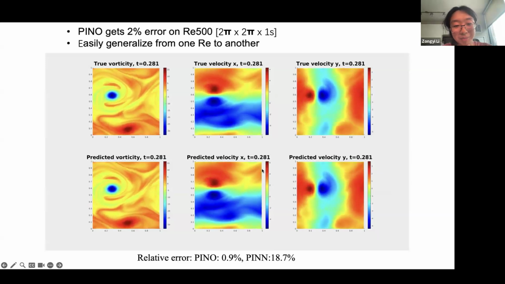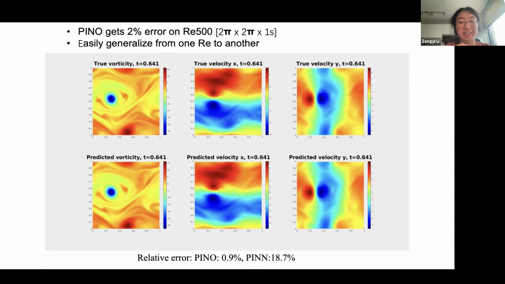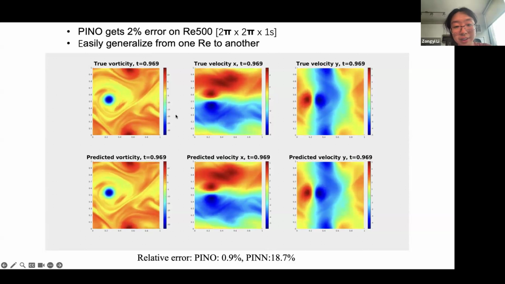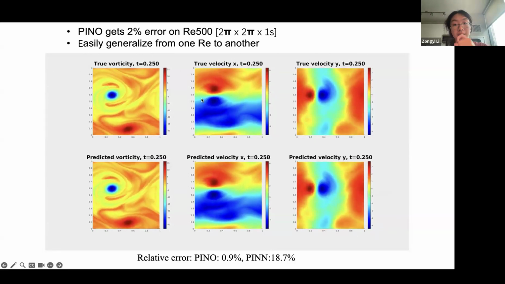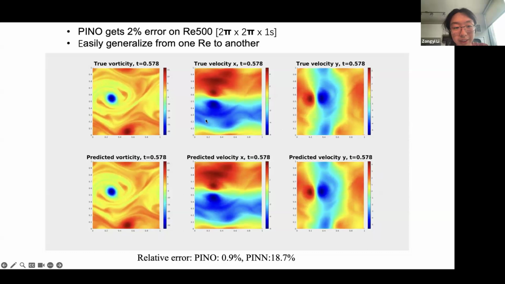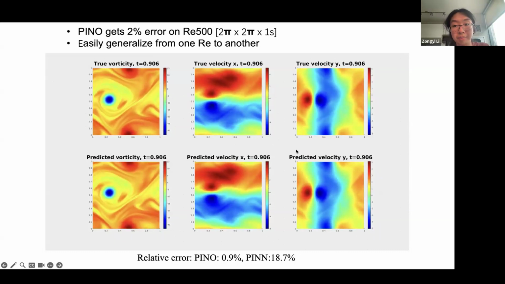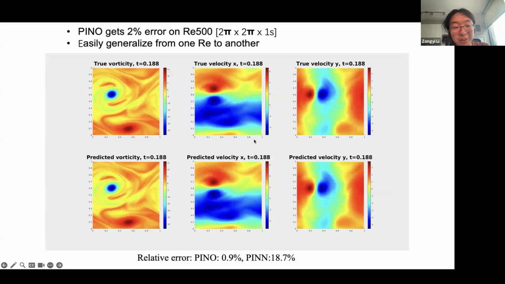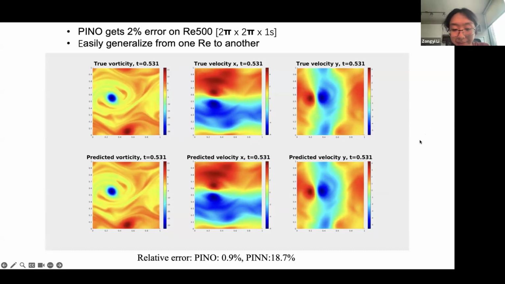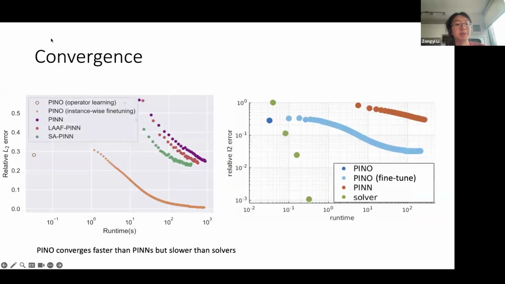So there are examples where we're doing Navier-Stokes equations with a Reynolds number of 500. It can solve it to a decent accuracy. It kind of works like a spectral method. We find the optimization is more scalable compared to, say, basic PINN methods because we're optimizing the Fourier series on the function basis. So it converges a lot faster.